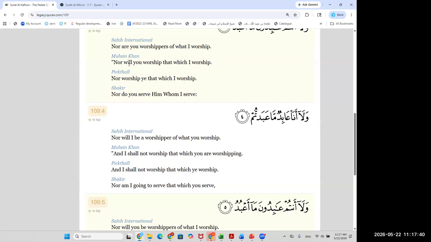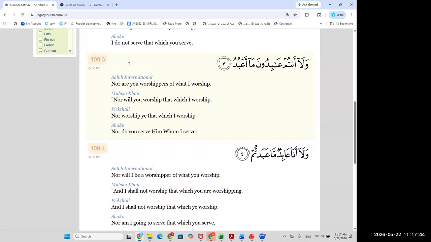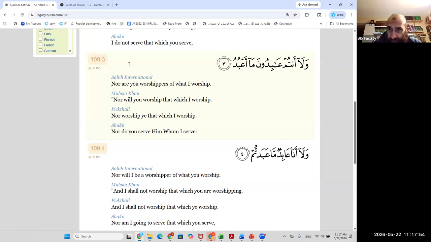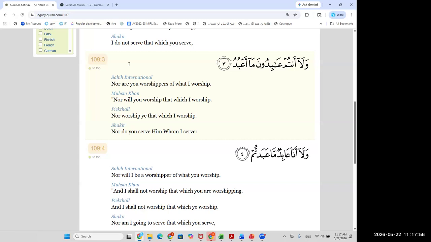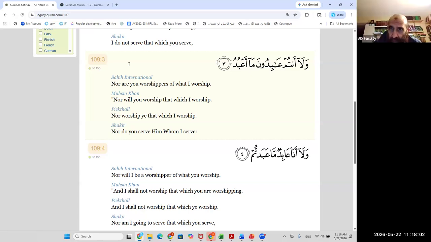So back to ayah 3, how do we do the i'rab for the rest of that? Ma'abud. You're saying ma is ism mawsul, but it's also in the maf'ul bihi space. So the whole thing ma'abud is maf'ul bihi? No, just the ma. Okay, that's fine. A'bud is again the silat al-mawsul.